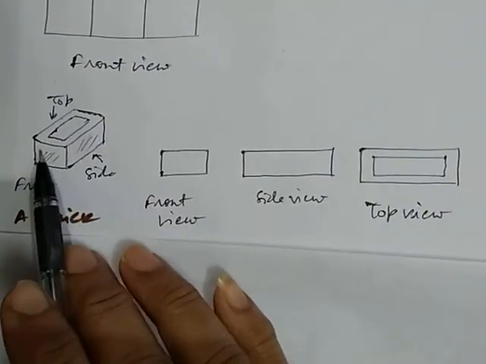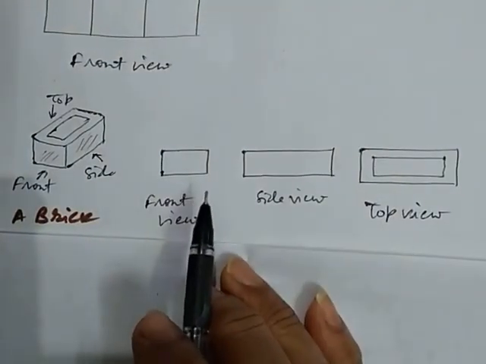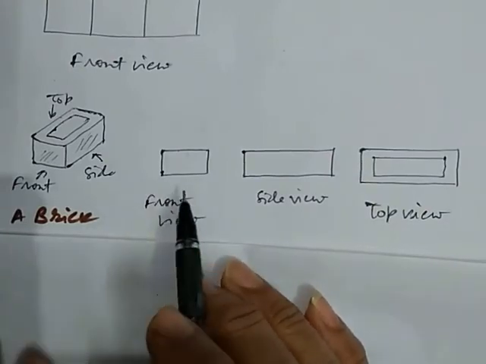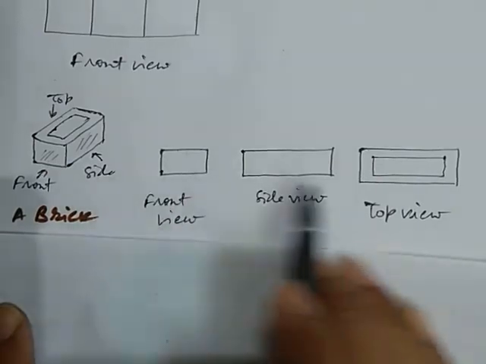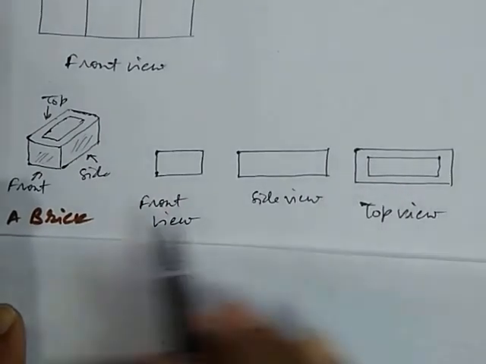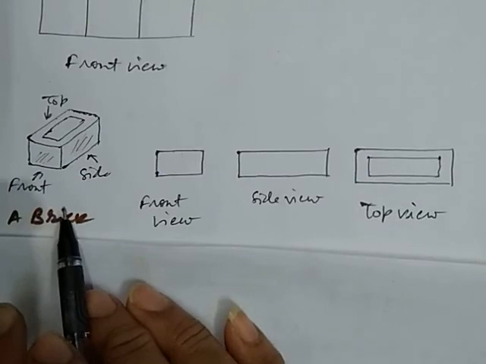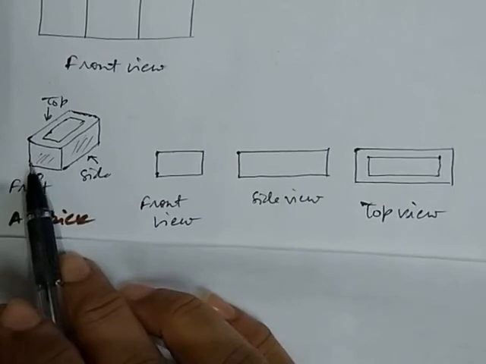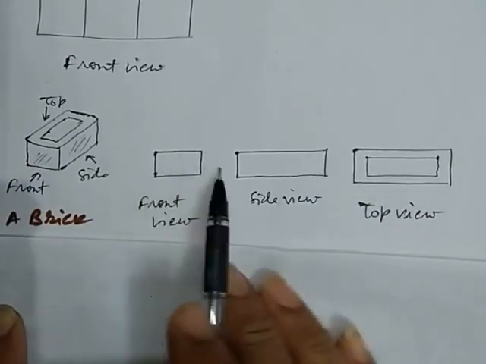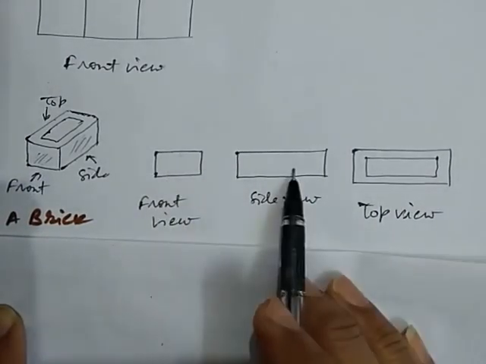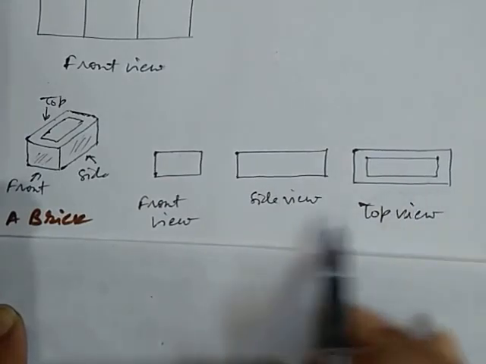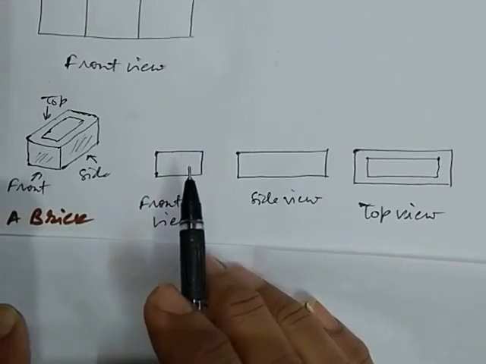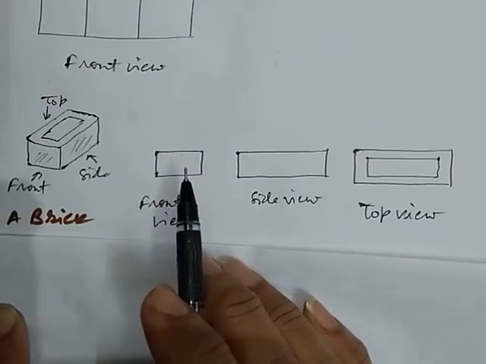Okay. So this way you can understand. Take a brick and try viewing it. Then you can understand how a brick looks. Okay. This can be done very easily. Everyone has a brick. So take a brick and view it. You will find these are the 3 views: front view, side view and top view. Okay. So use this knowledge to solve the questions of exercise 10.1.